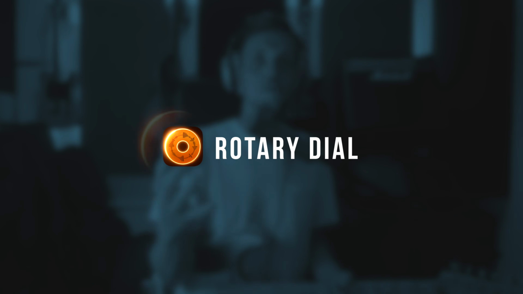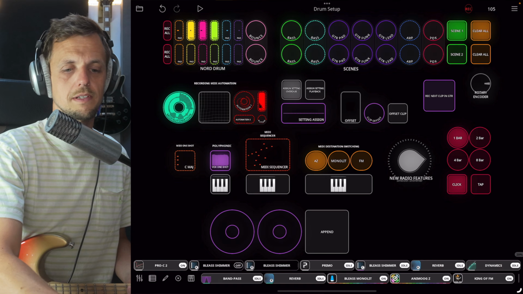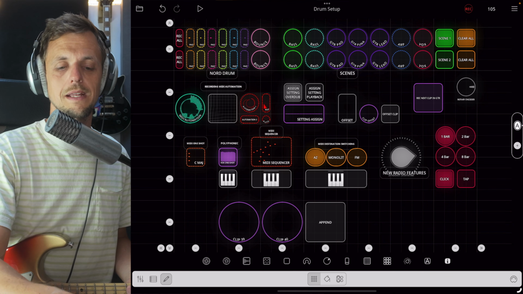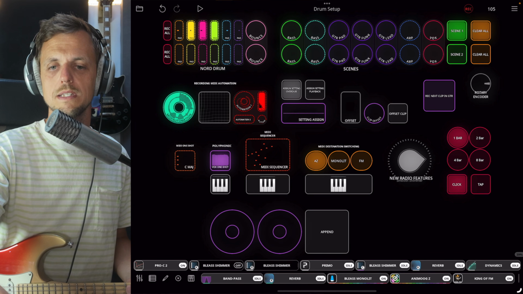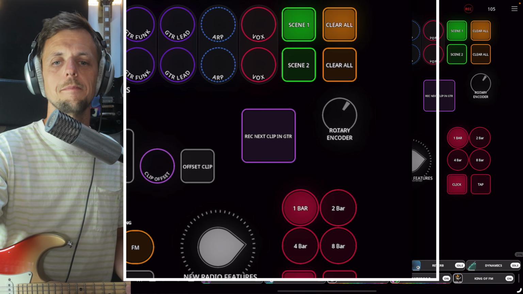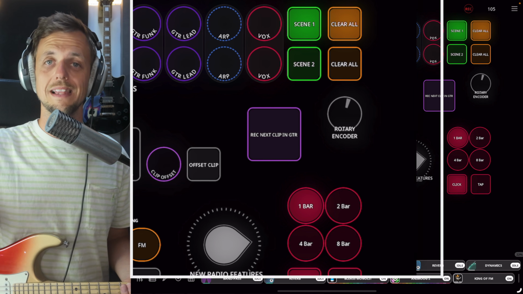Feature number 12 is a new widget. If we head over to the widget section, in the middle here, you can now see we have a rotary encoder. You can see one set up on my screen here. And this works really well with an endless rotary encoder maybe on your MIDI controller, and it allows you to have a continuous adjustment of a parameter, and there's going to be loads of really good uses for